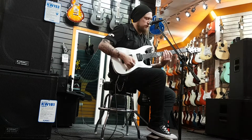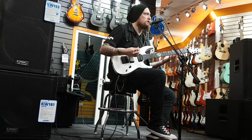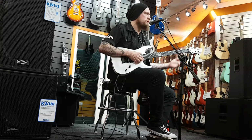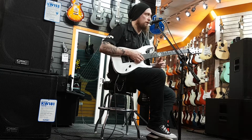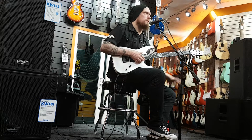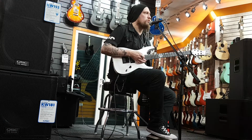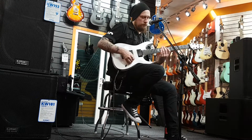I mean, with sweep picking, it's one of those things where it's very difficult to sequence unless you're insanely good at it. Like Jason Becker or Jeff Loomis, they're really good at being able to do that. But you'll find a lot of those guys, as well as sweep picking, will put in some string skipping licks as well and play stuff a little bit more linear. You know, like if you were going to play...